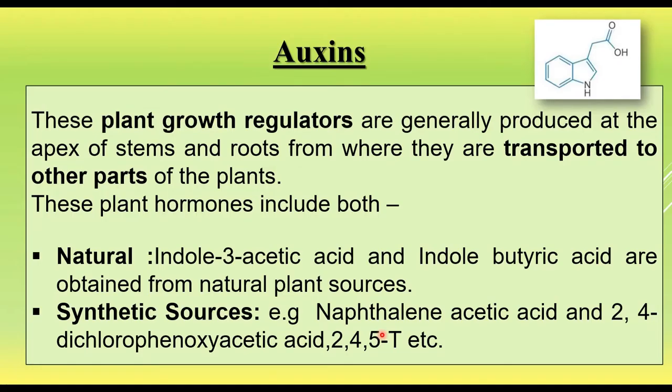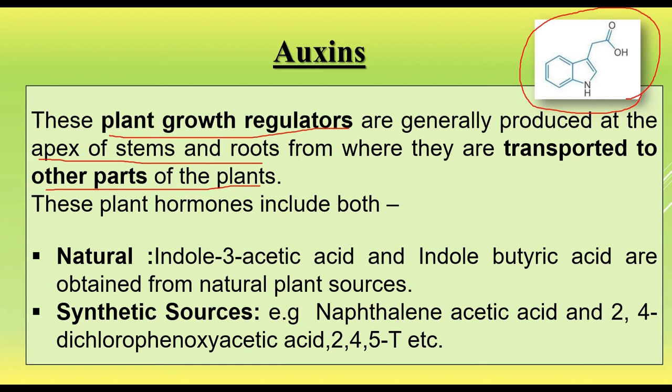Let's begin. Auxins are derivatives of indole compounds, and the chemical structure of auxin is like this. Auxins are the plant growth regulators which are generally produced at the tip of the stem and the root, from where they are transported to other parts of the plant. This promotes various types of functions, but before that,